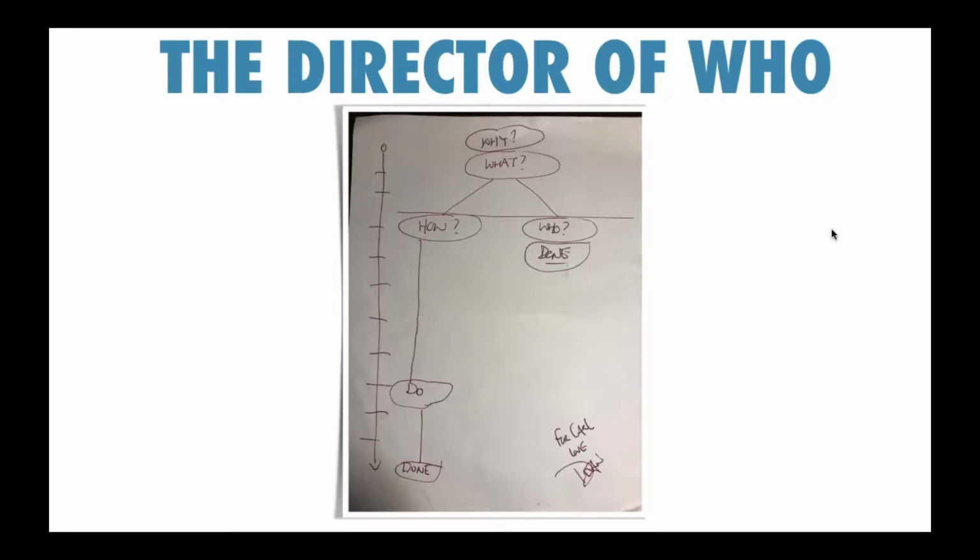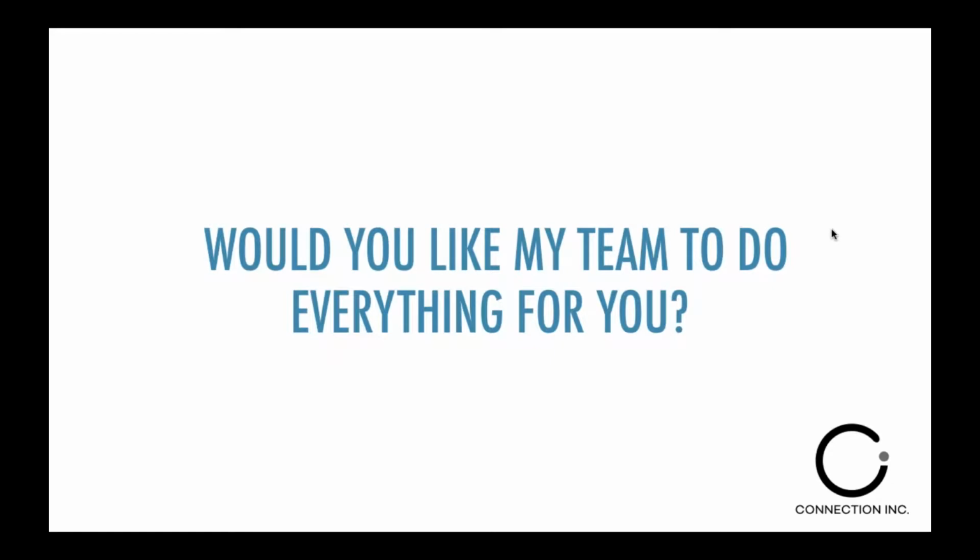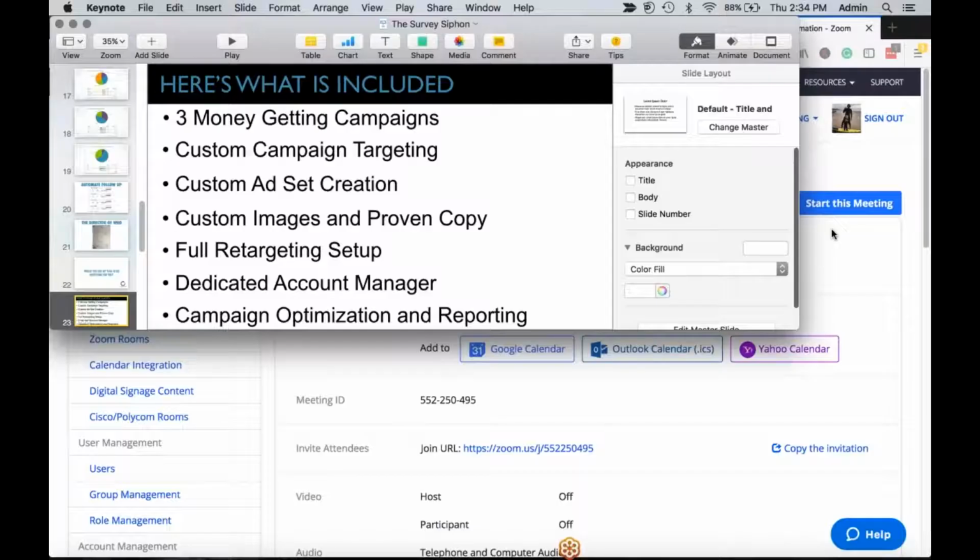Or we take over your Facebook campaigns that you may have built using the training, and we manage them for you. And when we do that, we give you a whole host of campaigns. So you get 3 campaigns. The survey Siphon is included in those campaigns. The always open house is included in those. The mortgage bot is included in those as well. You get to pick and choose the ones that you want, keeping in mind that you need a minimum of $500 a month in budget for each campaign that you're going to launch. And then we take care of everything for you.